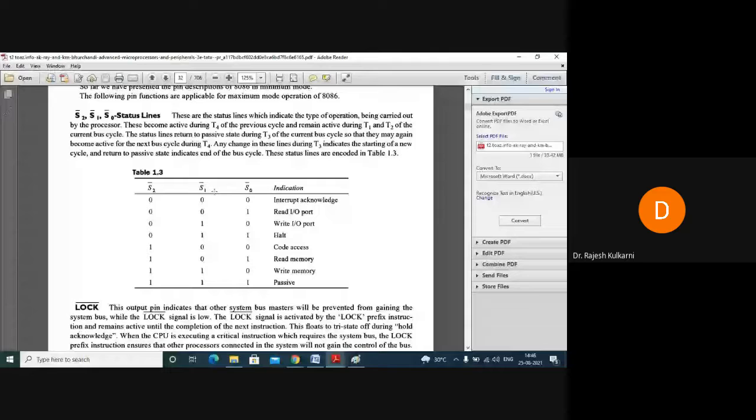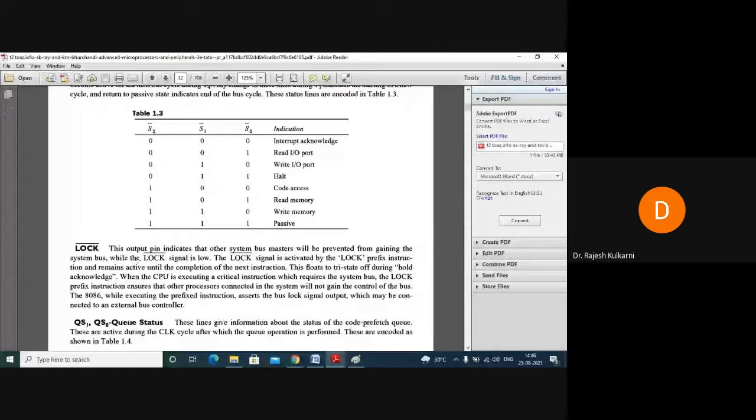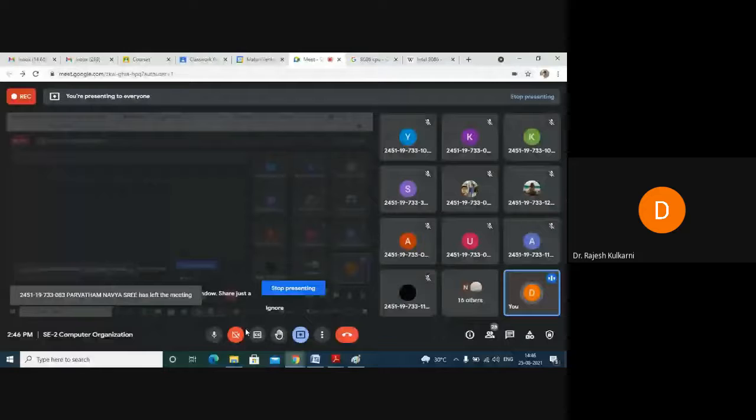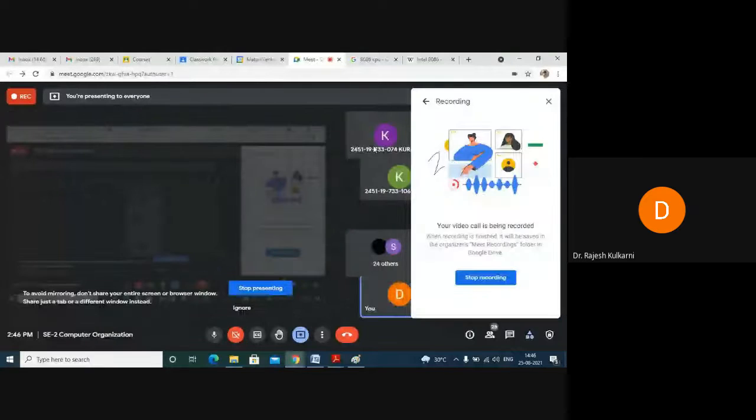Then there is the lock bar. Okay. Then I'll speak about this lock bar in the coming session, and the rest of the signals in the coming session. Now I want to stop here. These are the sessions, and sometimes we may have to speed up a little bit and so on.